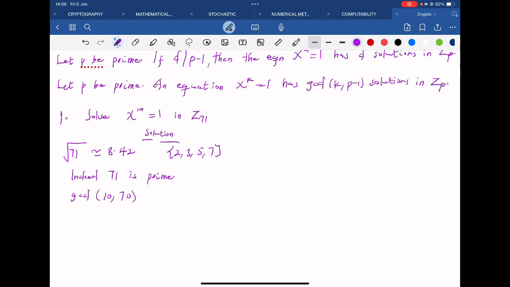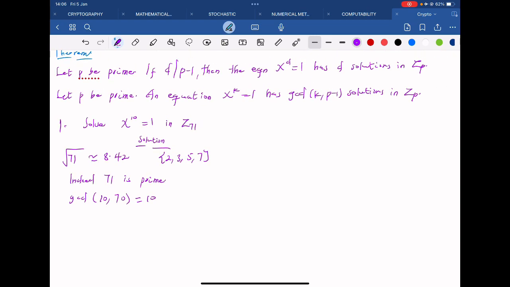So the GCD is 10. So D divides P minus 1. Does 10 divide 70? Yes. Then the equation x exponent D is equal to 1